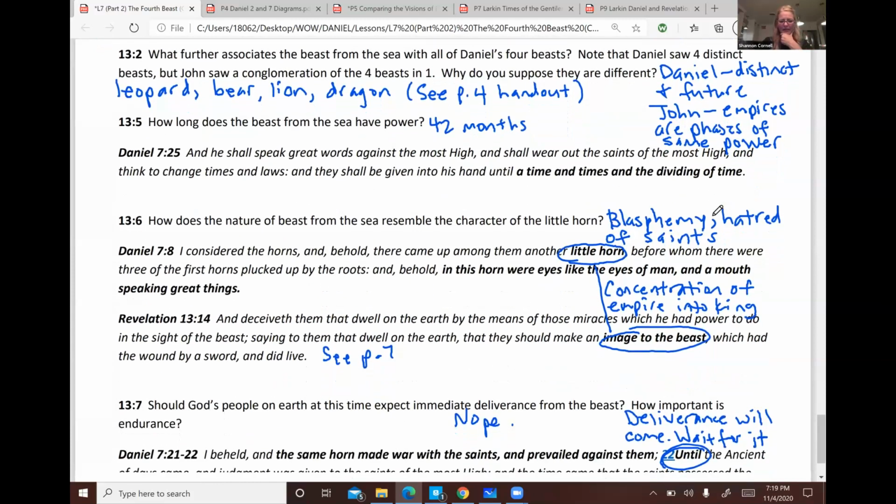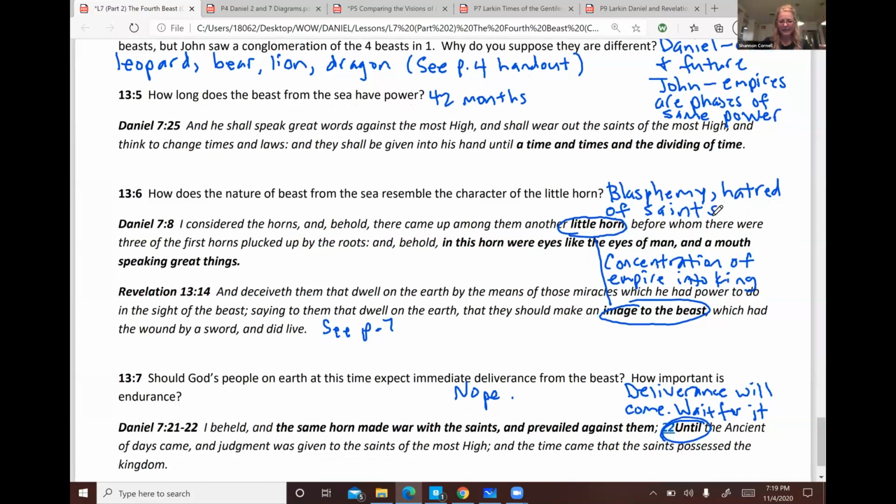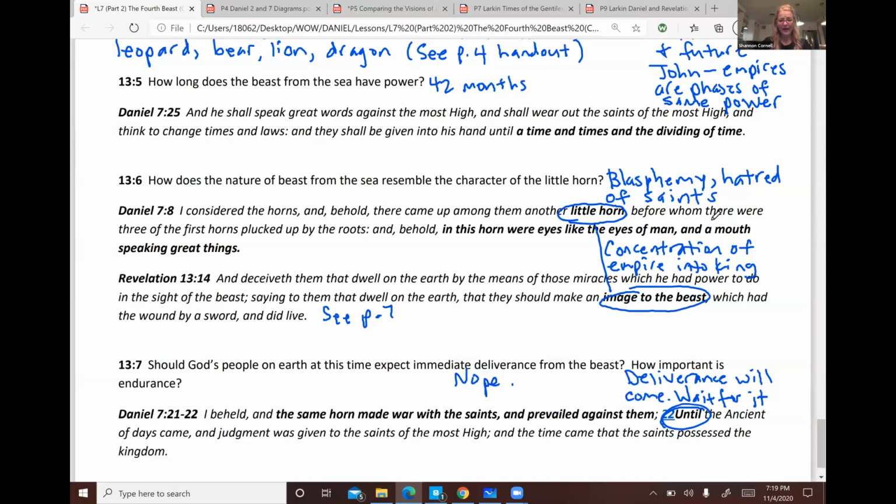The beast of Revelation 13 is speaking blasphemy, hatred of the saints, and the little horn does the same, right? The little horn has the eyes of the man, but is speaking great things and blasphemous things. And just like we see in Daniel's fourth beast, all of the power of that end time governmental empire becomes focused in this little horn. In Revelation 13, we see all of the power of this beast with 7 heads and 10 horns and 10 crowns concentrated into this image, right?